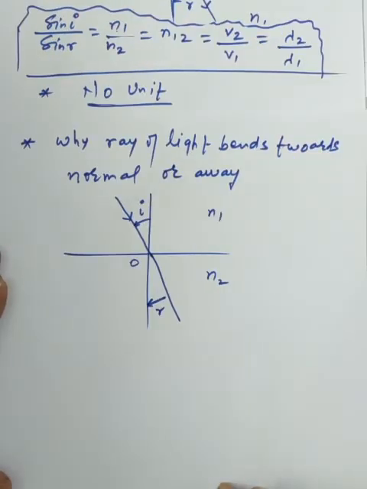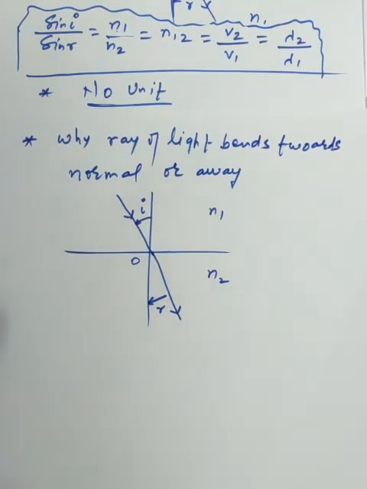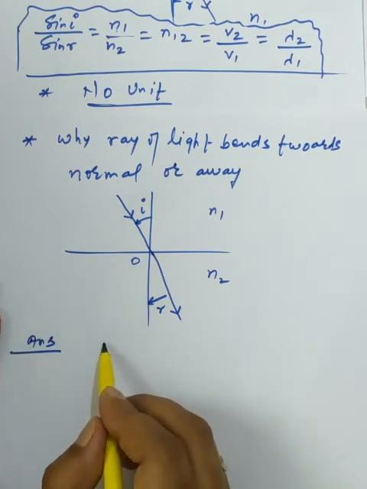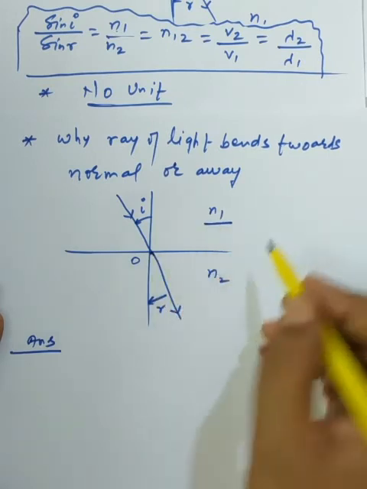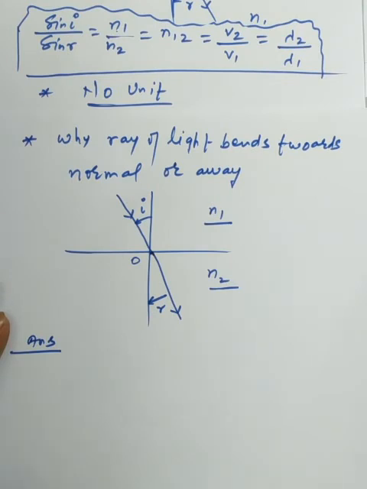Now dear students, we have one more point in this topic, that is why the ray of light bends towards the normal or away from the normal. So how can we give the prediction of why it is bending towards the normal and away from the normal? So how can we write the answer? The general prediction, that we write the Snell's law at this interface surface. Suppose this one is medium 1 having refractive index n1, this one is medium 2 having refractive index n2. Okay, so you must be able to write Snell's law, so it will be easier to